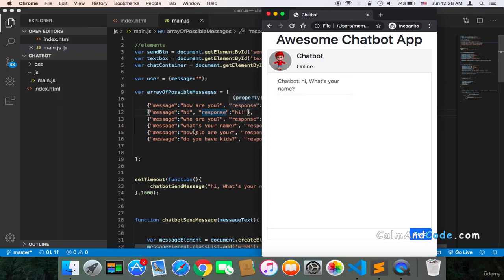If we send what's your name, but without this apostrophe, so here what is with the is, what is your name, it's not going to detect this as a match because this one doesn't match this one. It must be like this. It must have the apostrophe in order to match what's your name. But here if I send what is your name and send, I am going to get I don't understand.